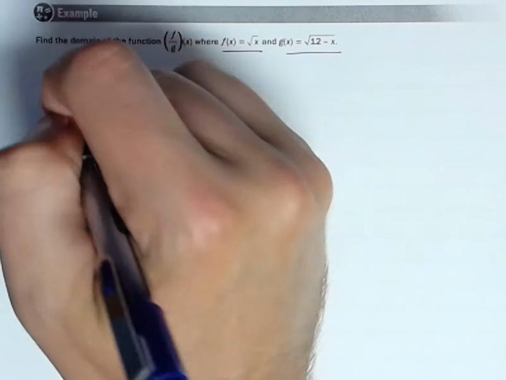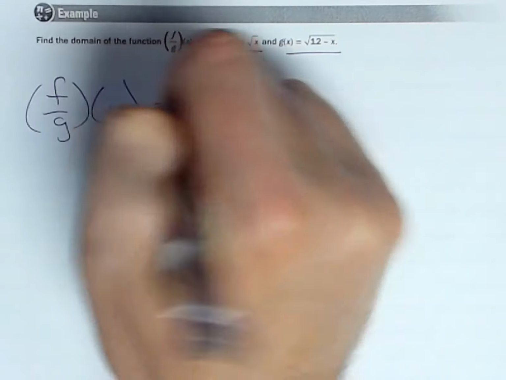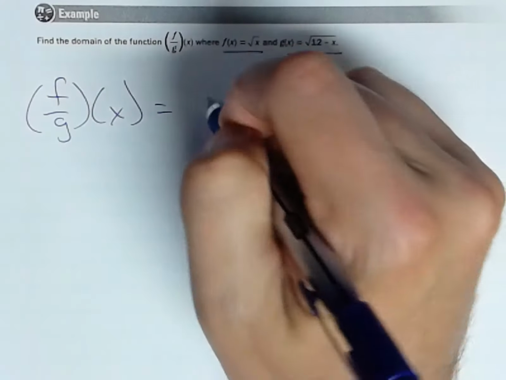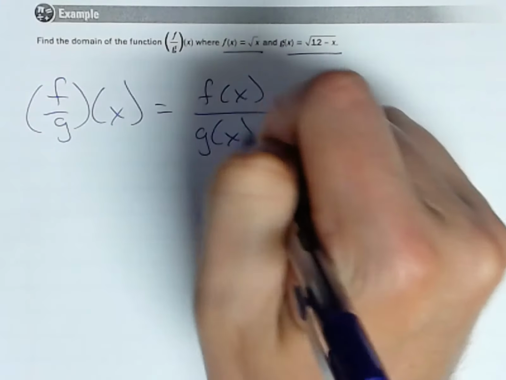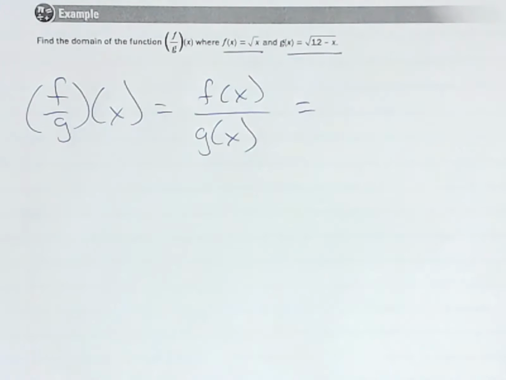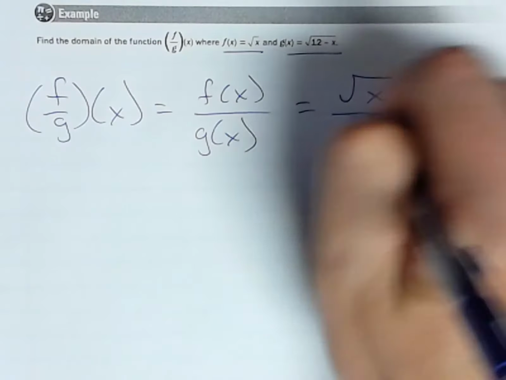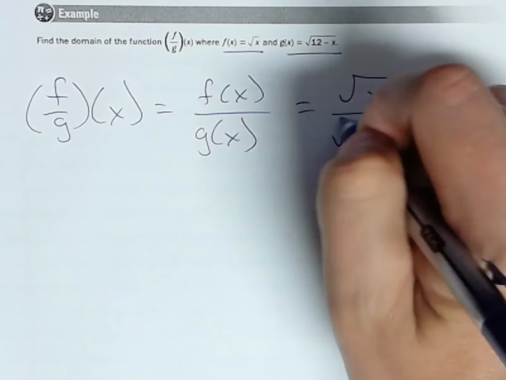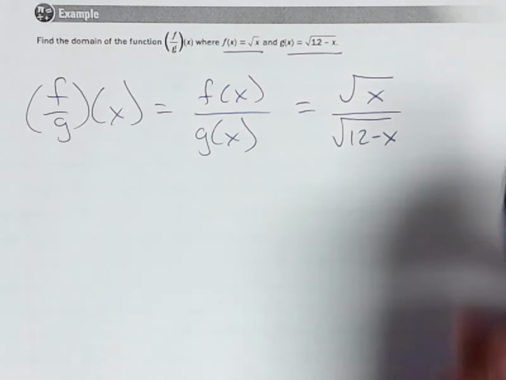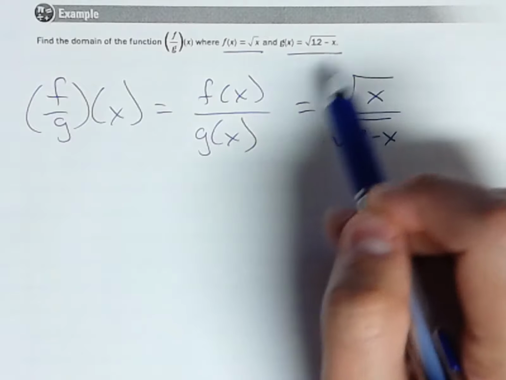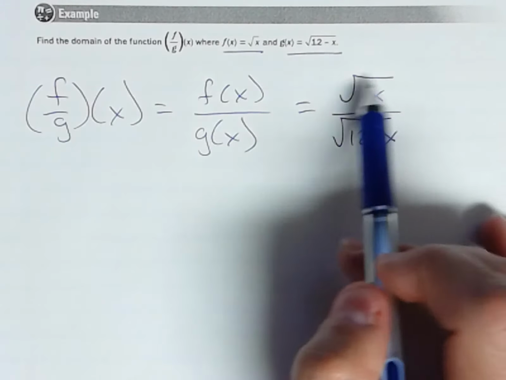So if I put f divided by g of x, again, just to put it into context here, remember that means f of x divided by g of x. Now let me go ahead and write that out. So f of x is square root of x and g of x is square root of 12 minus x. So here's our algebraic combination of functions we're interested in, and this is what we want to find